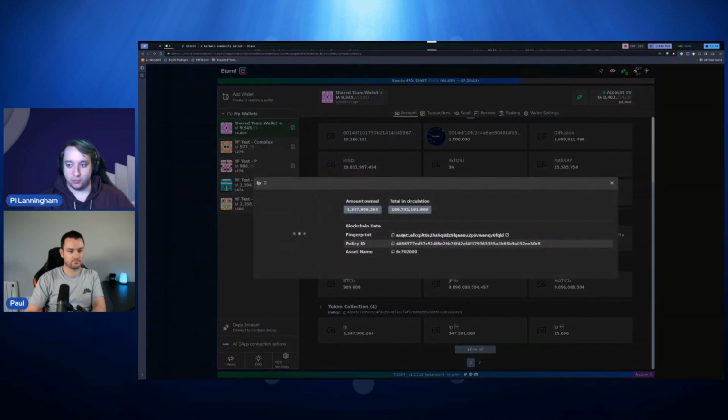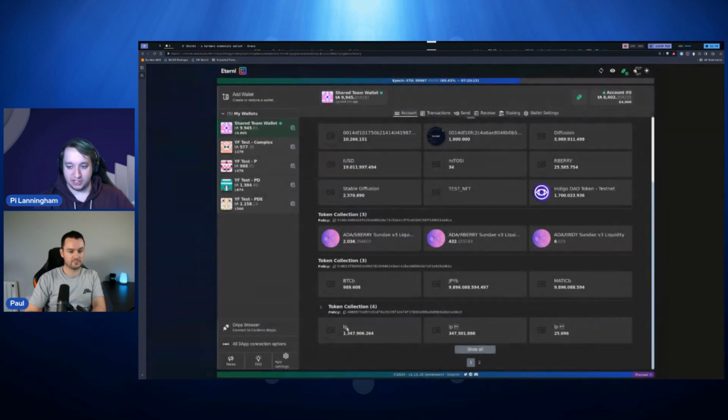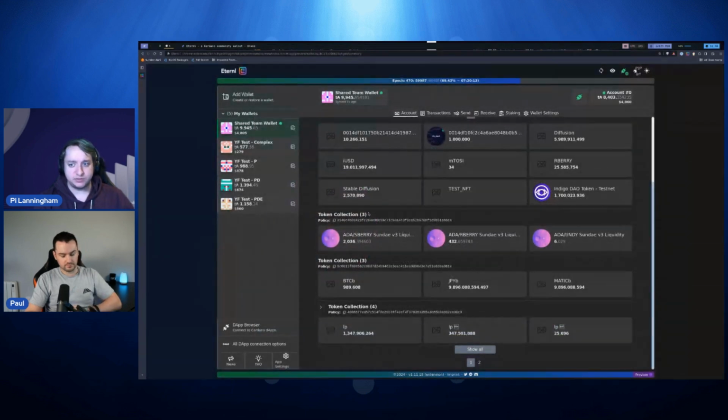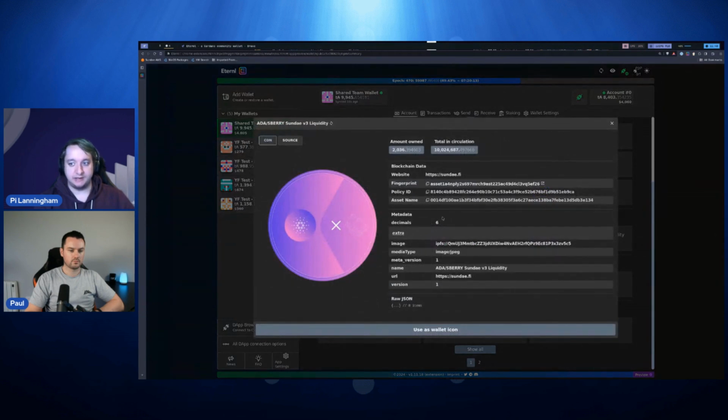They had this weird name that was, you know, LP and then some characters. They didn't have a logo. They had some high number of decimal places. So just a nice little detail that kind of makes it more usable. And credit, I think it was Wing Riders that first registered their LP tokens with the Cardano token registry. So that's what inspired this idea. And then we just figured we could make them SIP68 tokens to kind of level up that process.